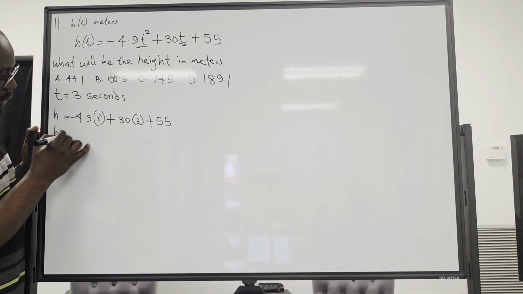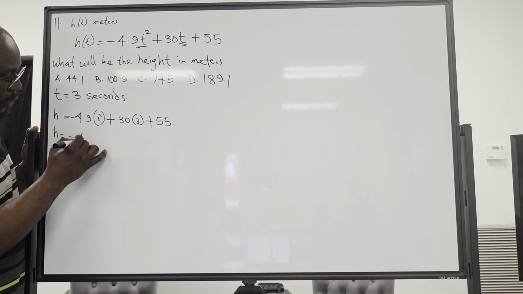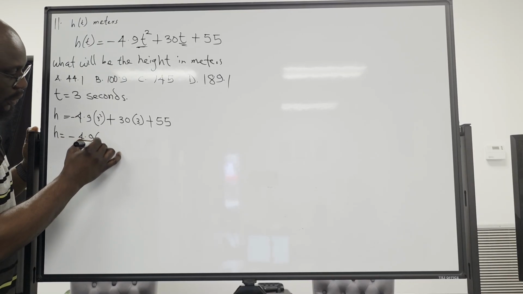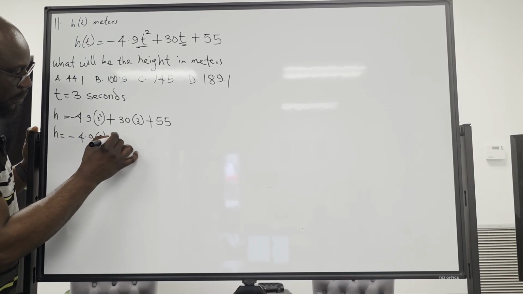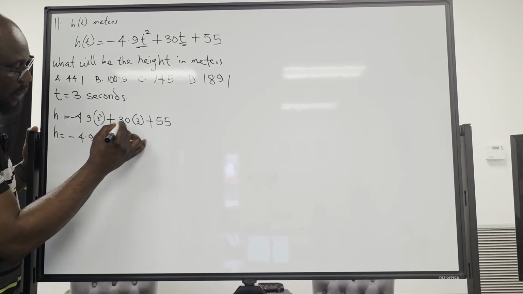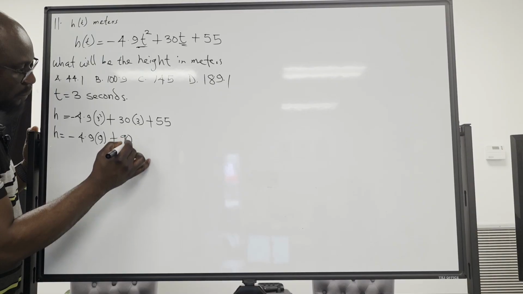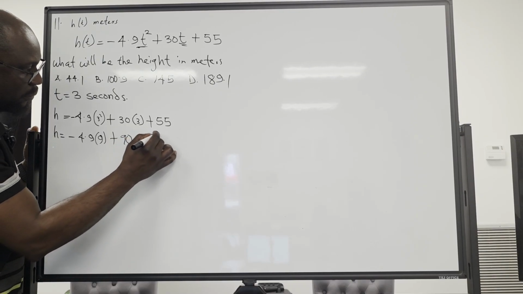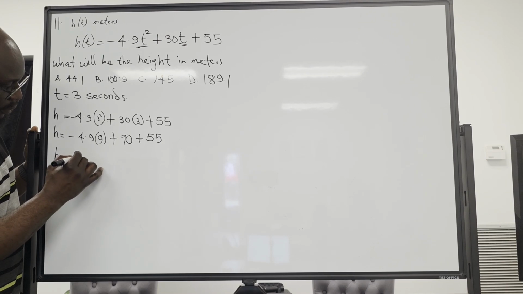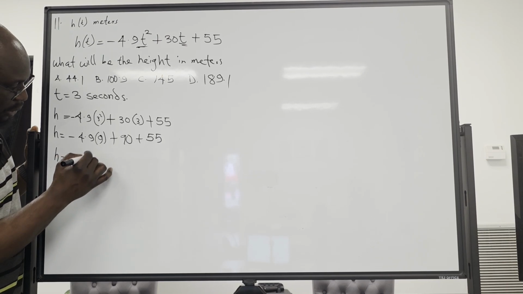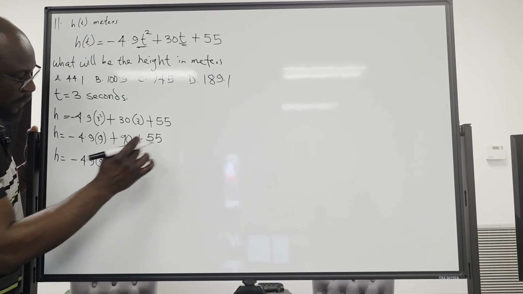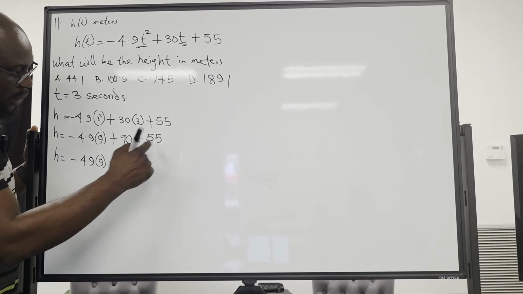So h is equal to minus 4.9 times 3 raised to power 2, which is 9, plus 30 times 3. 3 times 0 is 0, 3 times 3 is 9, so you have 90 plus 55. I'm going to leave the minus 4.9 in brackets still and work on this. 90 plus 55 is